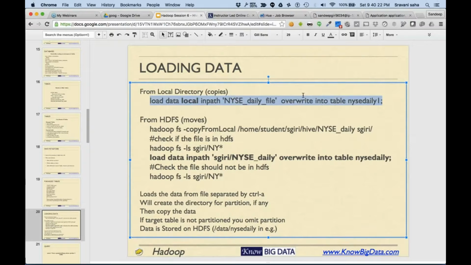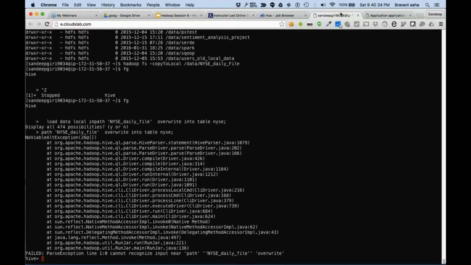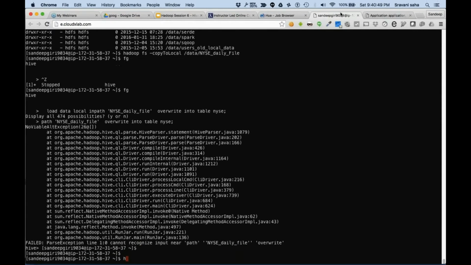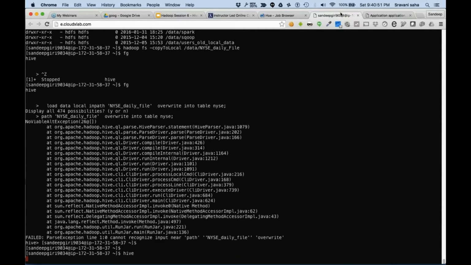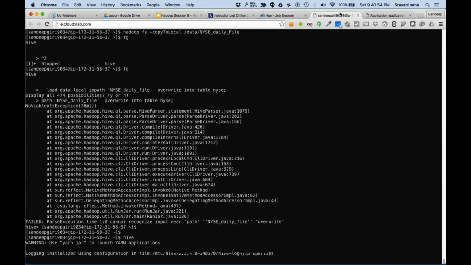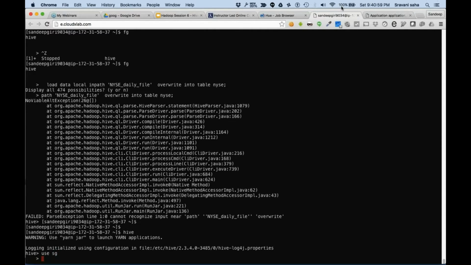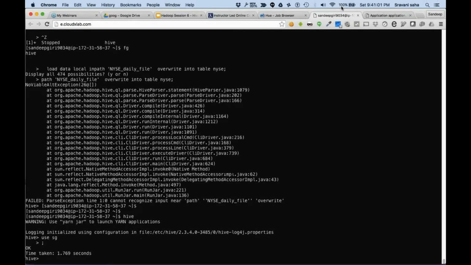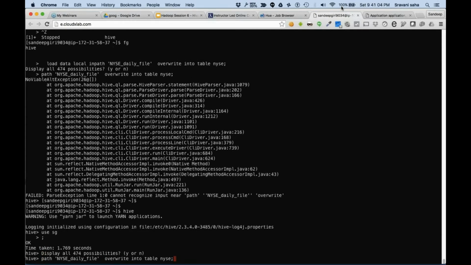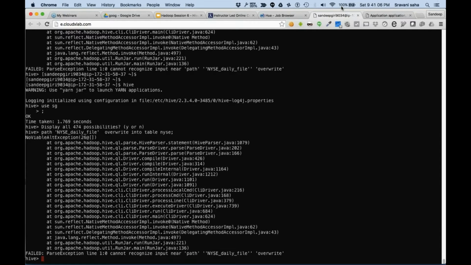So I'm saying load data local in this file, overwrite into NYSE this table. Looks like I'll have to start Hive again. Use SG. Do you think anything is wrong with it?